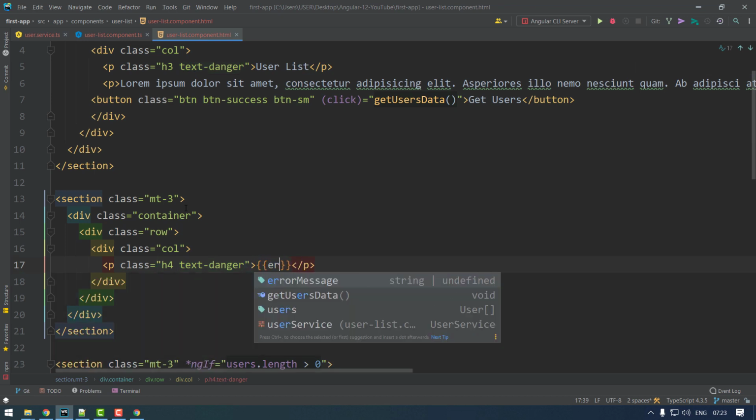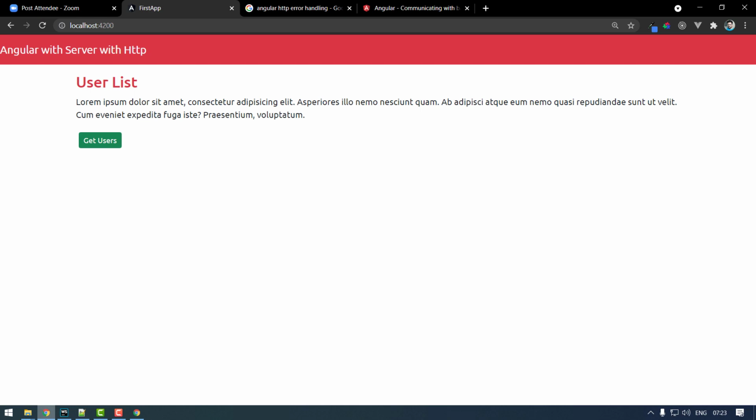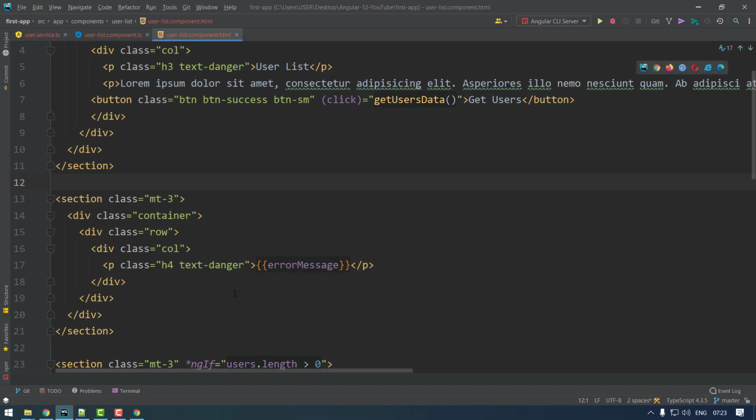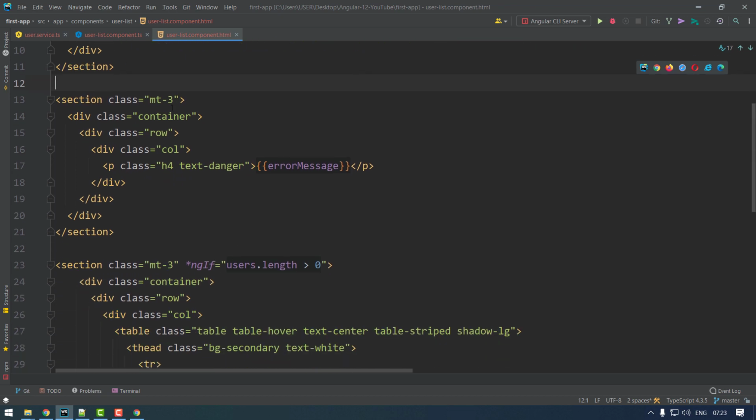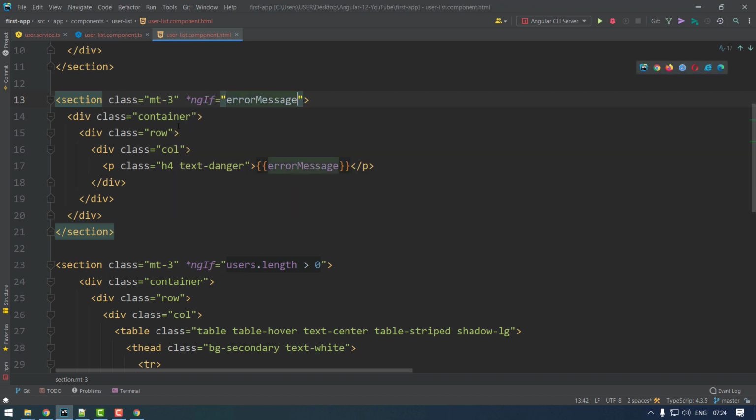Can I print the message called errorMessage? Okay, so you check. Of course you won't get anything because by default it is undefined. You can also have conditions over here. I write like this, *ngIf errorMessage. If error message is populated with some data, then print it.